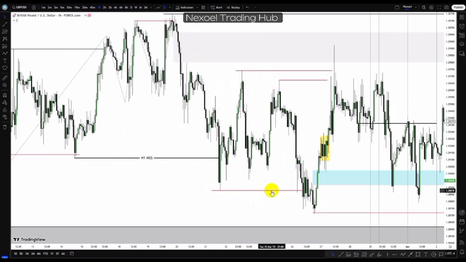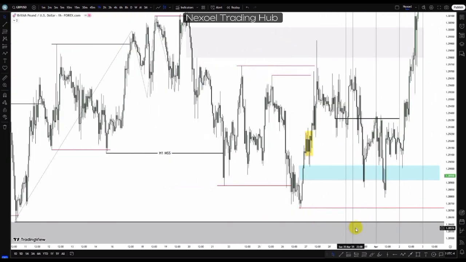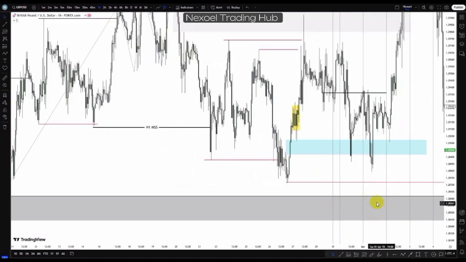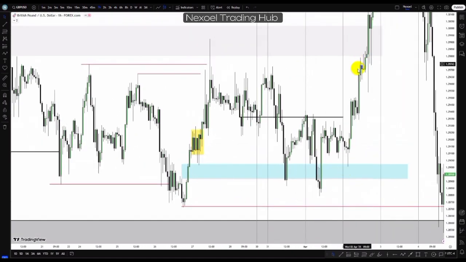So we can see that, right? So basically now this is our minor inducement, major inducement, and we can see price give us a pullback, taking out the inducement, this liquidities, mitigating the 4-hour bearish fair value gap. And when price mitigated that, that was why I was not expecting the possibility to see bearish continuation to take out the sell side, mitigate this 4-hour bullish fair value gap before we can now frame bullish movement to the